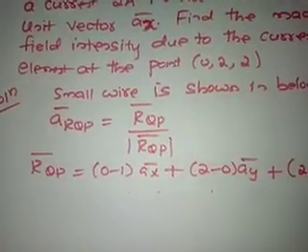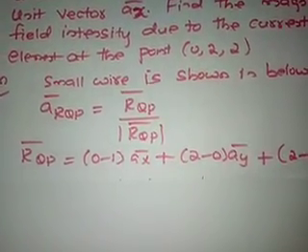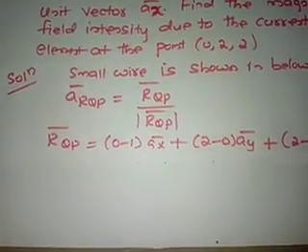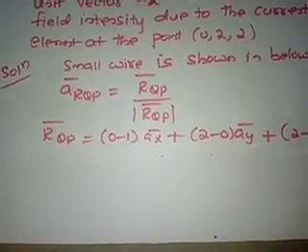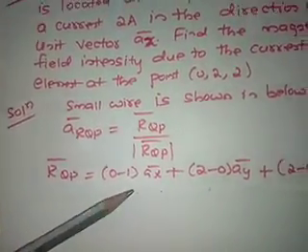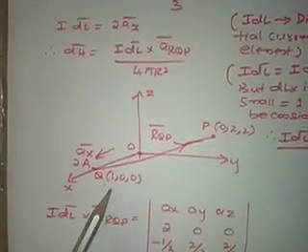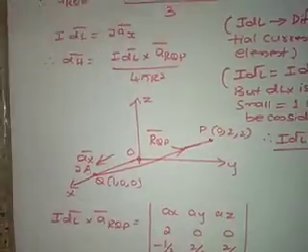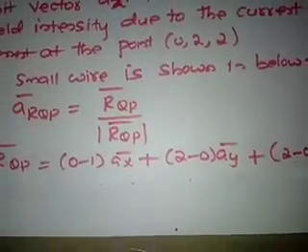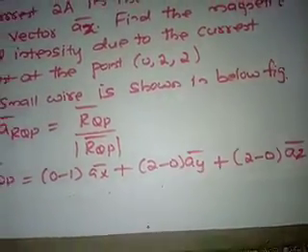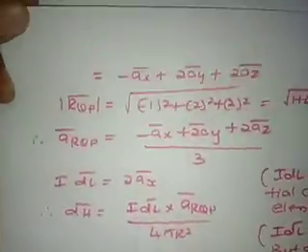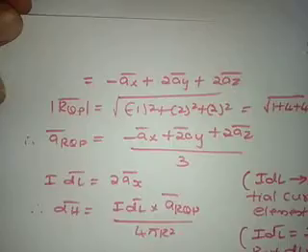So a_RQP bar, the small wire is given, so a_RQP bar is equal to R_QP bar divided by the magnitude of R_QP bar, that is the unit vector. So what is R_QP bar? Q to P, so from here to here, source to destination. So this minus this: 0 minus 1 into ax bar plus 2 minus 0 into ay bar plus 2 minus 0 into az bar. So here we will get minus ax bar plus 2 ay bar plus 2 az bar,